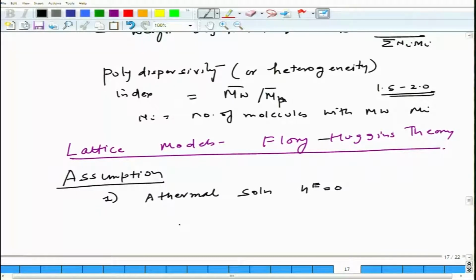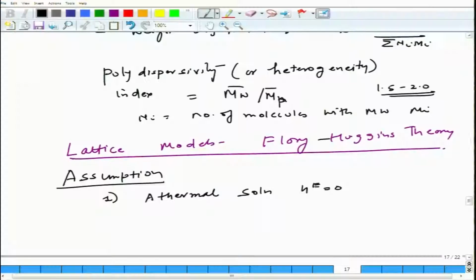So, essentially it is deviating from the typical discussion we had last time, on Van Laar or Scatchard-Hildebrand solutions. That is regular solution theory, where the excess entropy is considered to be 0, but here in the case of Flory-Huggins the assumption is only an athermal solution, and the other important assumption is that the polymer